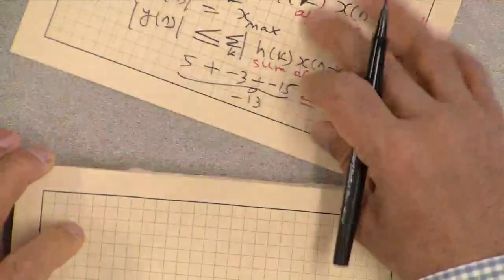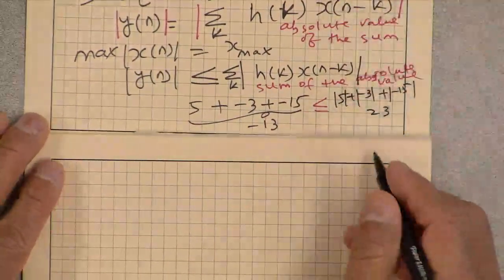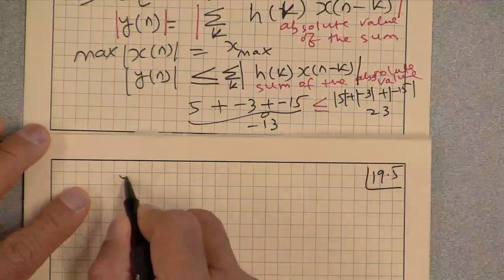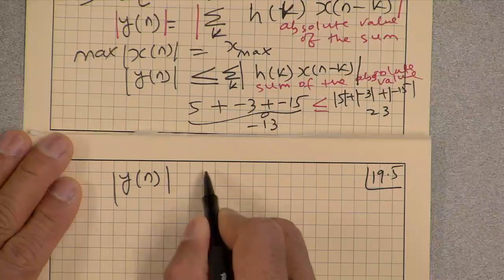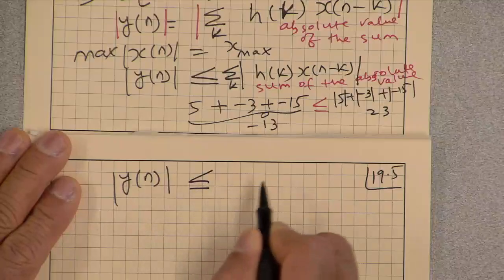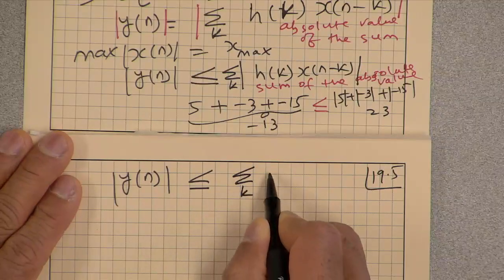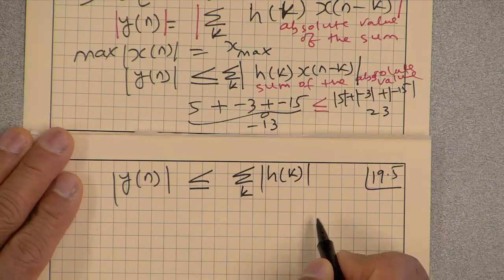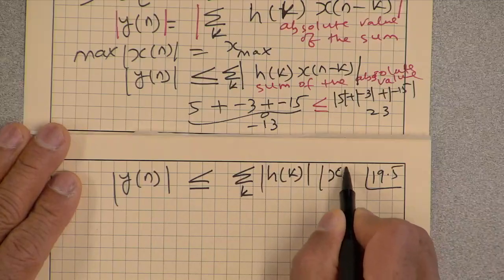So we can then say that the absolute value of yn is less than or equal to the sum over all k of the absolute value of hk times the absolute value of x[n minus k],